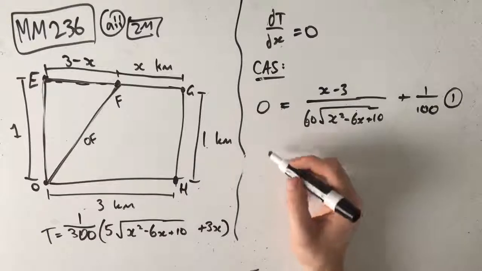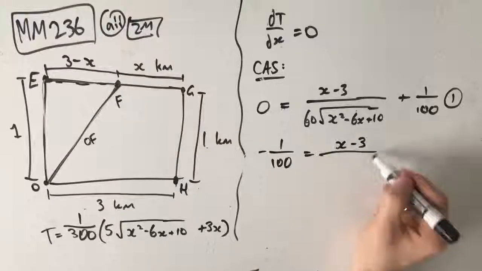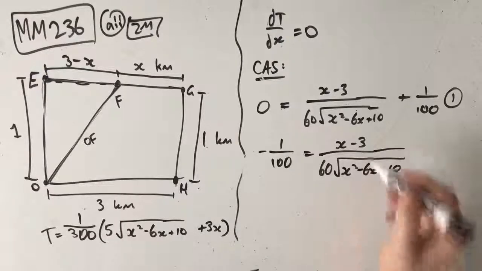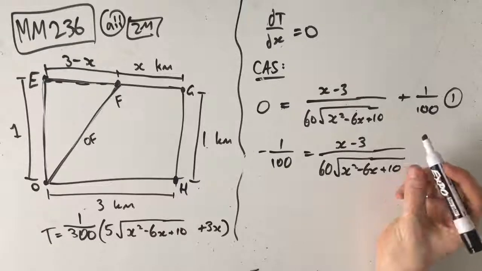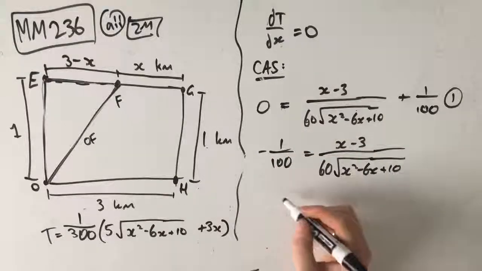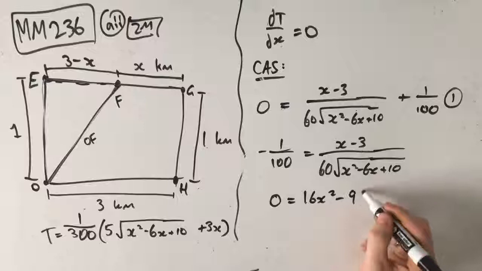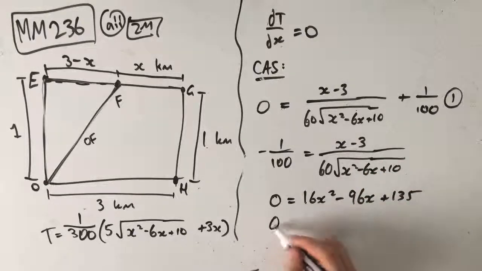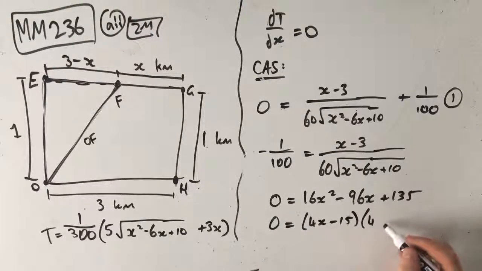And then we're just going to rearrange this to solve for x, right? So we're going to get negative 1 over 100 equals (x take 3) over 60 root (x squared take 6x plus 10). Now I'm not going to go through all the steps here because I don't think I need to. But this can all rearrange to 0 equals 16x squared minus 96x plus 135. And you do have your calculator here again, guys, so you can just do this in your CAS as long as you show enough working. Which means that the factorized version of this is 0 equals (4x take 15)(4x take 9),